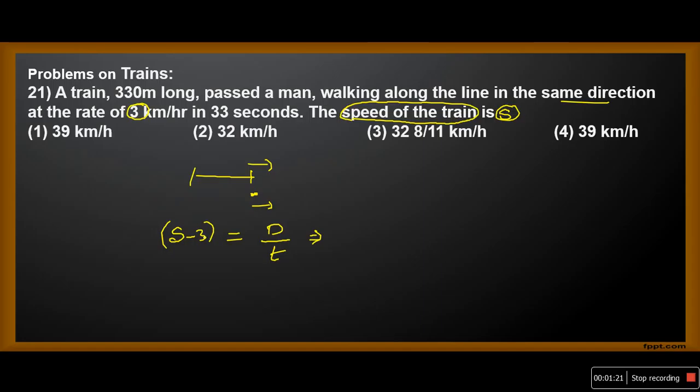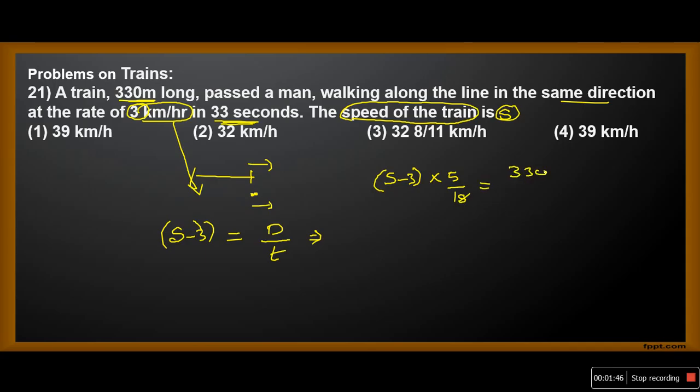Observe carefully. The speed 3 is given in kilometers per hour, but the distance is given in meters and time is given in seconds. So, we have to convert this into meters per second. So, s minus 3, which is in kilometers per hour, to convert it into meters per second, you have to multiply it by 5 by 18, which is equal to,